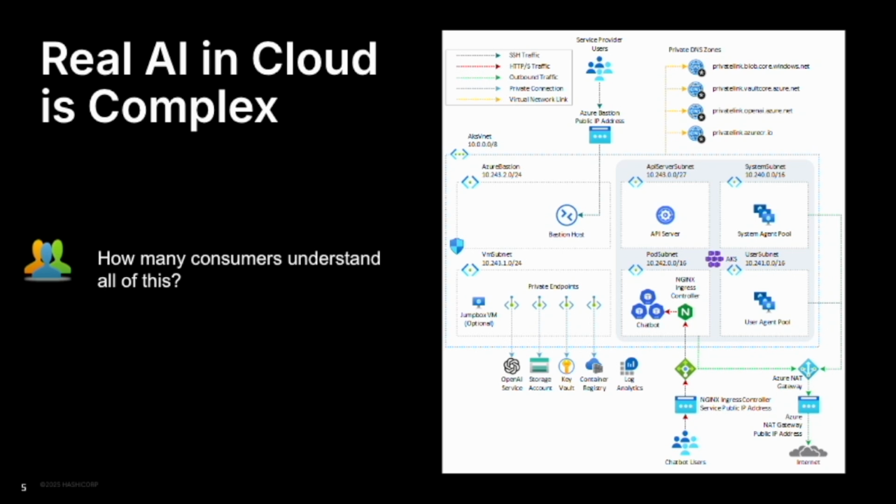We know that cloud is really complex, and when you look at the elements that you are required to build to stand this up, being able to understand and deploy this easily and repeatably needs a lot of skill. Where this really starts to work in HashiCorp and Microsoft's favor is the fact that we have jointly built a whole ecosystem around our Terraform product, our infrastructure as code tool. This tool has been worked on with Microsoft and has a joint engineering component where curated and verified modules have been published that can be used as building blocks